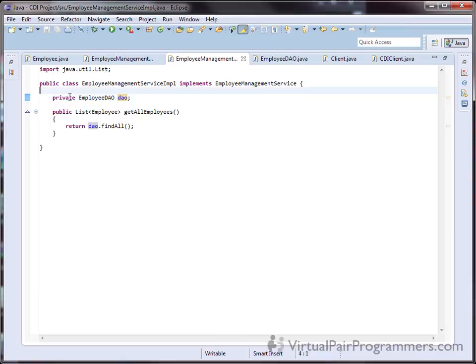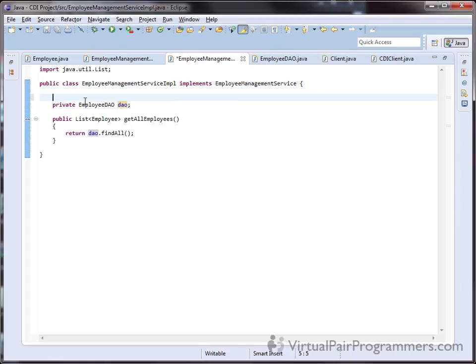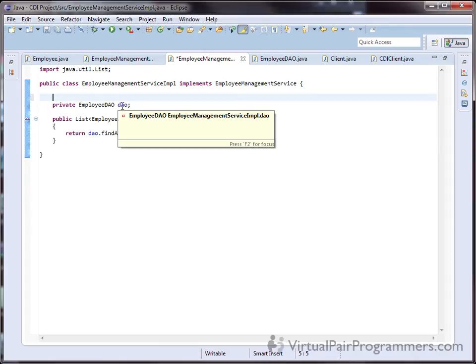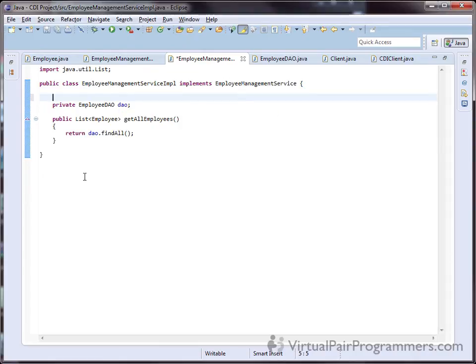CDI has no way of knowing if our employee DAO here is something that we want it to inject or if it's a regular attribute that we're going to be dealing with. The way that CDI works, as you can probably have guessed, is by annotations. But the annotations are usually quite simple and lightweight. All we need to do to tell CDI that this is a dependency injection point is to include the annotation